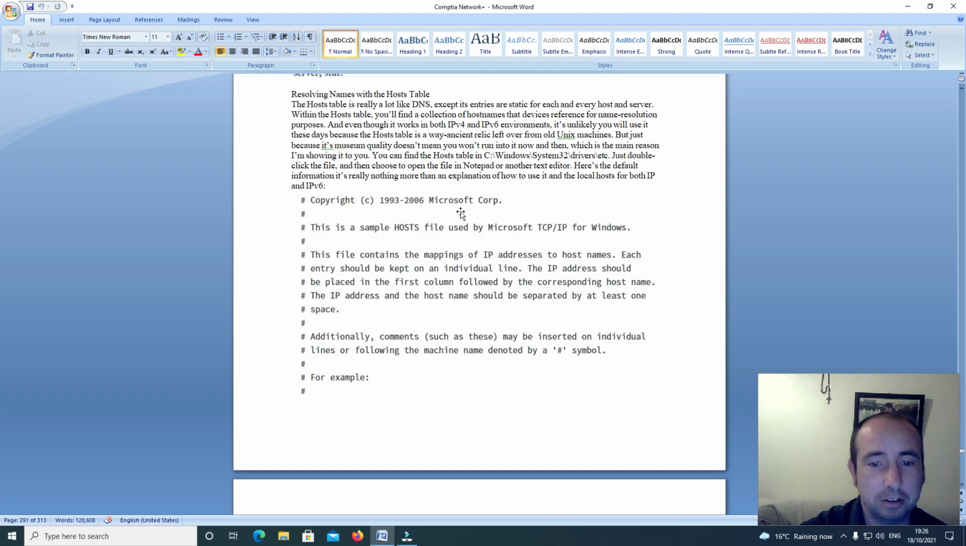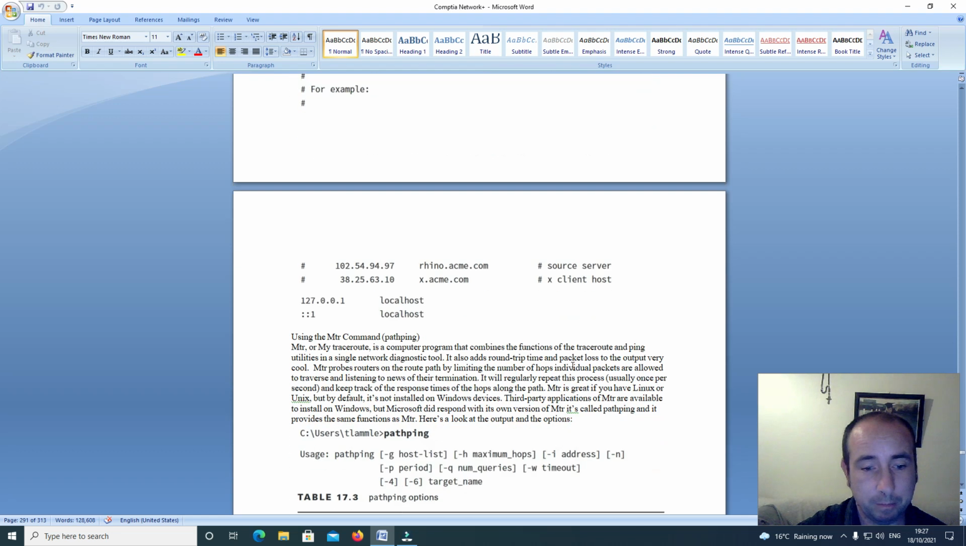Copyright 1993-2006 Microsoft Corp. This is a sample HOSTS file used by Microsoft TCP/IP for Windows. This file contains the mappings of IP addresses to host names. Each entry should be kept on an individual line. The IP address should be placed in the first column, followed by the corresponding host name. The IP address and the host name should be separated by at least one space. Additionally, comments such as these may be inserted on individual lines or following the machine name denoted by a hash symbol. For example,